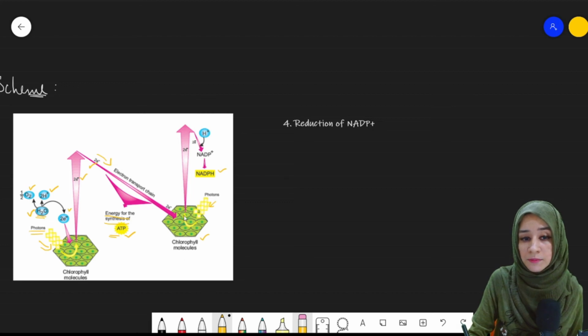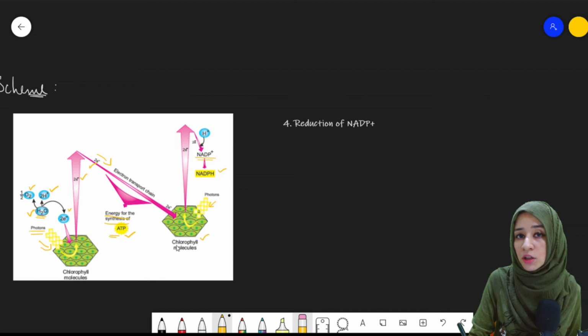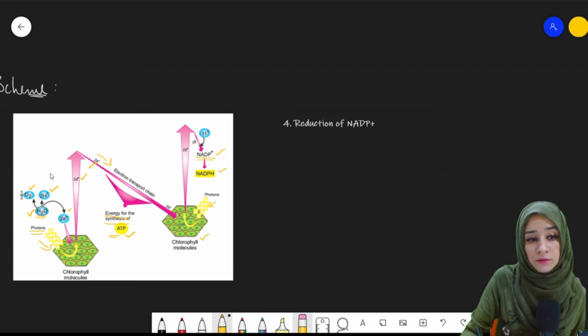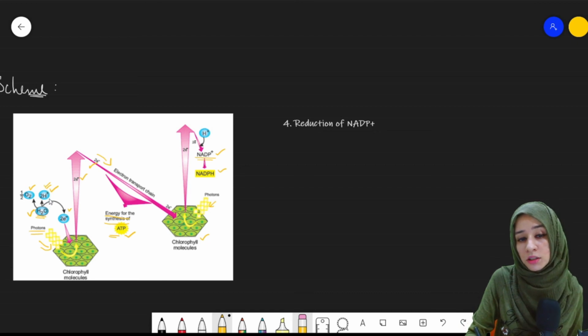They get excited and then they will move towards this high energy molecule, which is present right now in the form of ion. The electrons will move toward them, and we have seen the hydrogen ion that was produced because of the breakdown of water, right? That hydrogen ion and electron will then cause the reduction of NADP into NADPH, that is